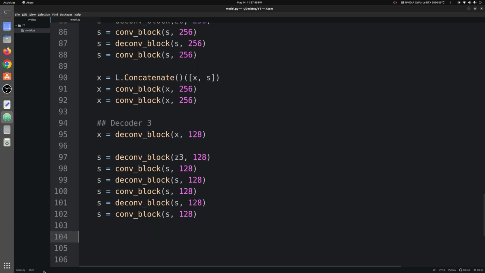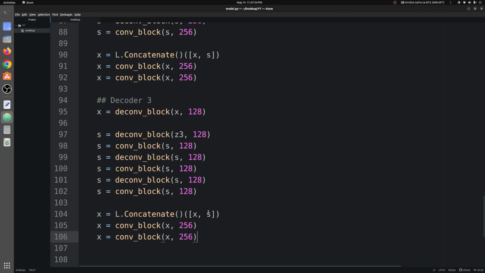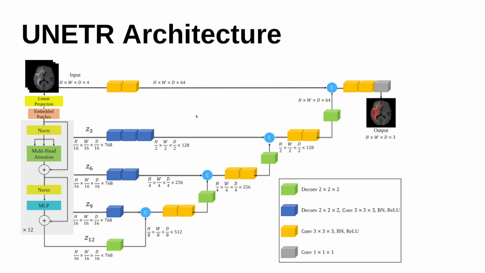So now we're going to concatenate them. Again I'm copying them, but this time I would remember to change the number of filters. Okay, so like this decoder 3 is also done. Now we're going to move on to decoder 4, and here we don't have any blue boxes, we just have 2 yellow boxes